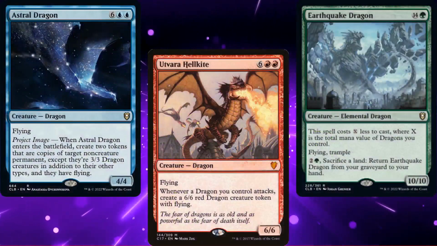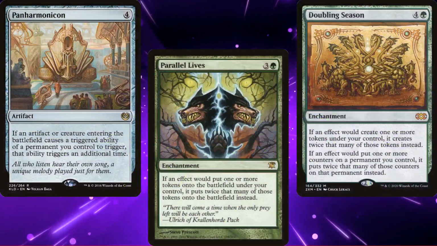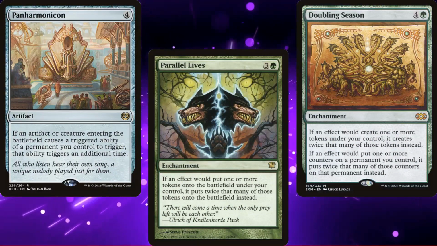And now we come to the degeneracy. First up, everyone's favorite Enter the Battlefield themed card, Panharmonicon. Parallel Lives and Doubling Season increase the number of tokens we generate, but Doubling Season also makes it so we